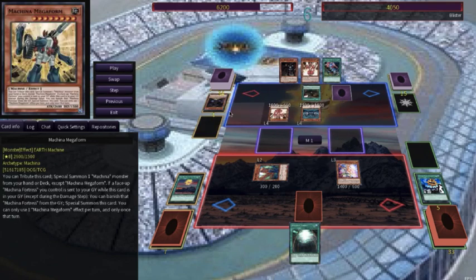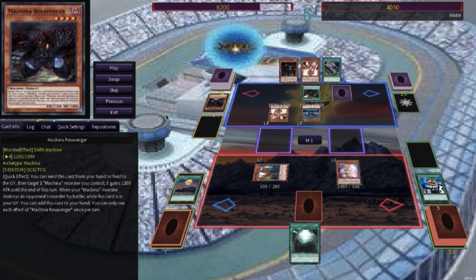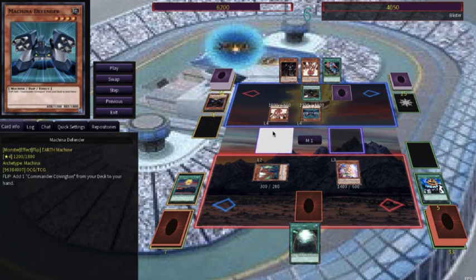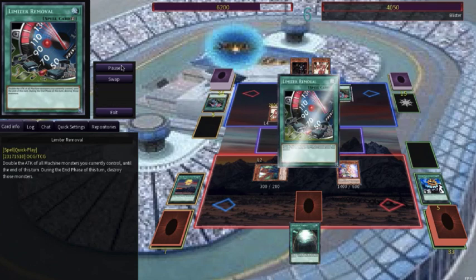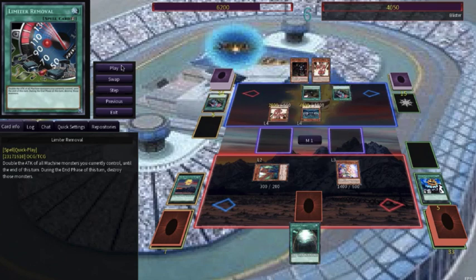So, he'll also be using the Machina Resavager from the hand. By discarding it, he gets to add its 1,200 attack to another monster, bringing the Machina Defender up to 2,400 before activating the Limiter Removal spell card, doubling the attack of all his machines in exchange for them being destroyed at the end of this turn, and then activates his face-down card, another Limiter Removal, to double them again, quadrupling